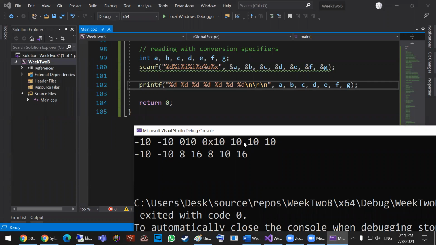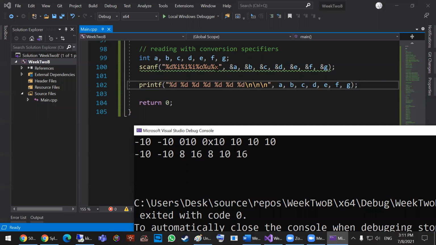And then 10 was read as unsigned, so it's 10. And the hexa 10 is 16. So this is correct. This is not making sense, or I did it wrong. Anyway,